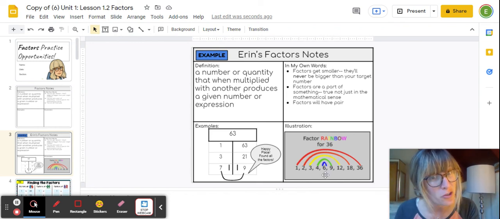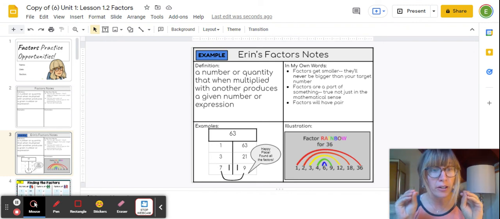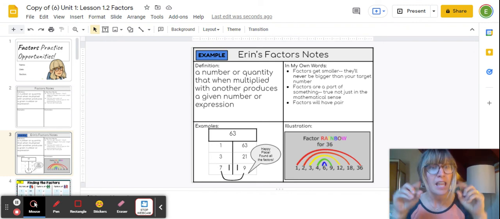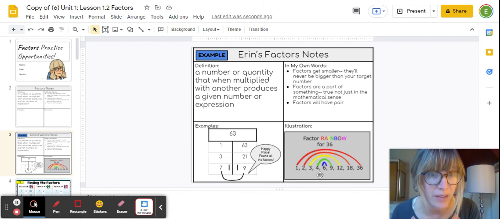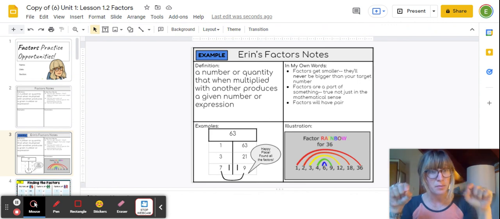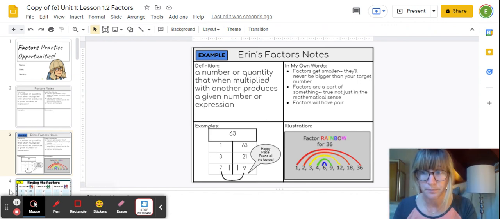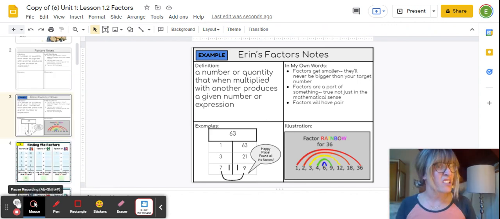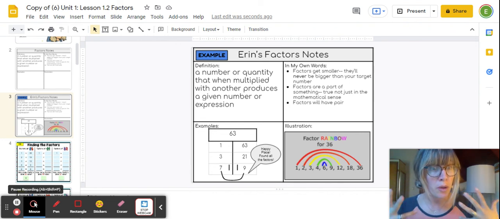Now in the middle here, this picture is a good reminder that every factor needs a pair to multiply together to hit the target number, but it doesn't have to be a different number. In this case, 6 times itself is its own pair. 6 times 6 hits our target of 36. So your job is to draw some sort of picture that to you makes your brain remember what a factor